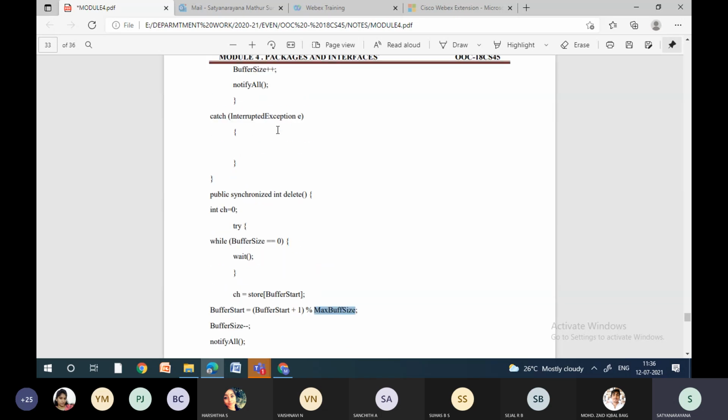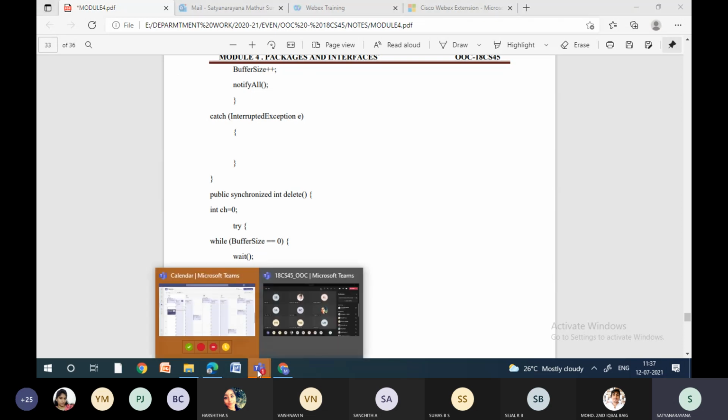So when they are working independently, you don't need to call them producer and consumer, because this is one method and that is another method. One is called insert, the second one is called delete. So when you keep on reducing this value, at one place you will get 0, then the particular thread will say wait. That means the entire buffer is empty. So when the entire buffer becomes empty, the consumer will wait until the producer produces it. Once the producer produces it, the consumer will start consuming it.